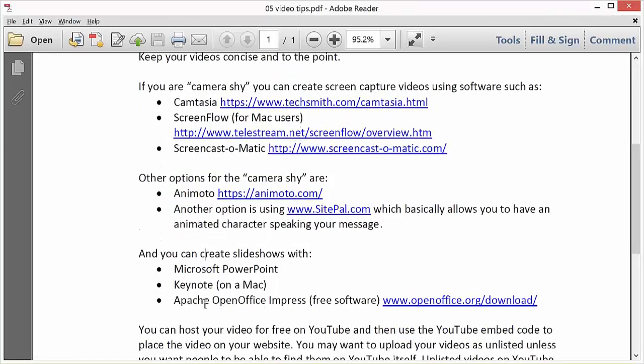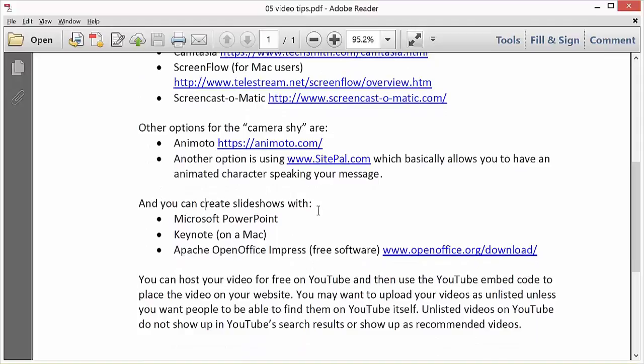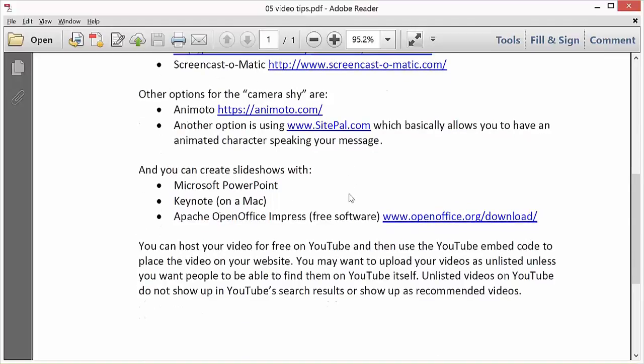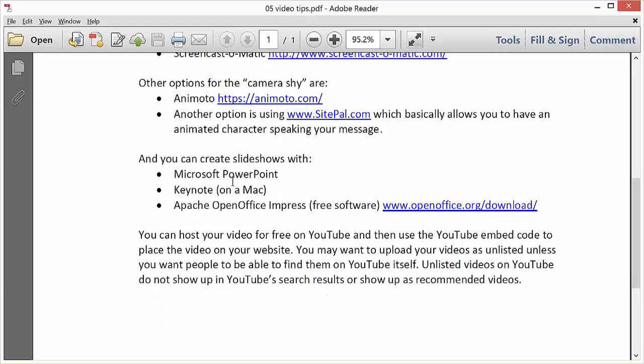And let's keep moving here. So you can create slideshows, which if you're going to do screen capture videos, you probably want to create a slideshow. So you can create slideshows with Microsoft PowerPoint, Keynote on a Mac, and Apache OpenOffice Impress, which is a free software you can get at